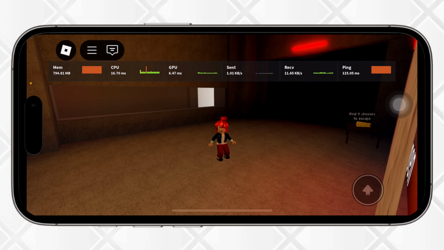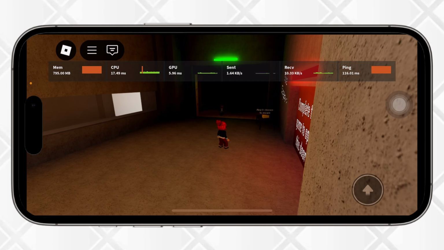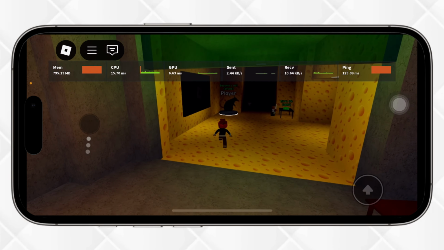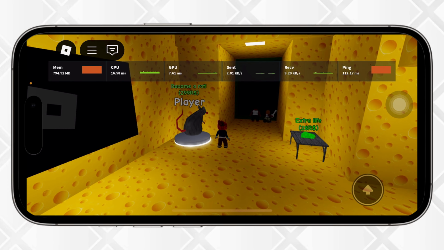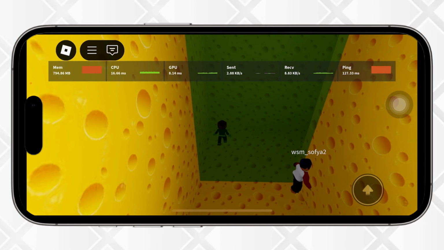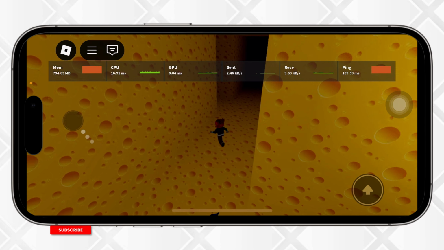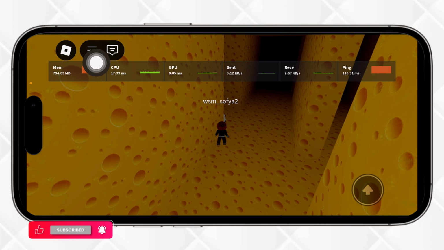So for that, first of all, you want to go ahead and open Roblox on your mobile device. And once you open the Roblox application, you simply want to go ahead and log into your Roblox account. Once you're logged into your account, you simply want to go ahead and start any game that you wish to. And once you start the game, you simply want to go ahead and tap on this Roblox icon at